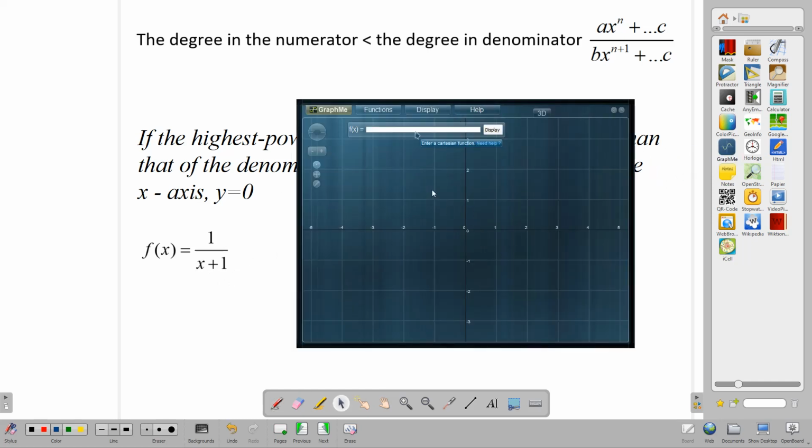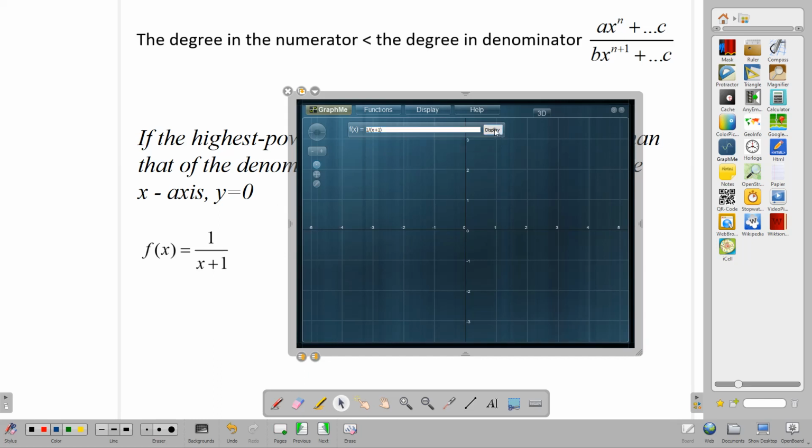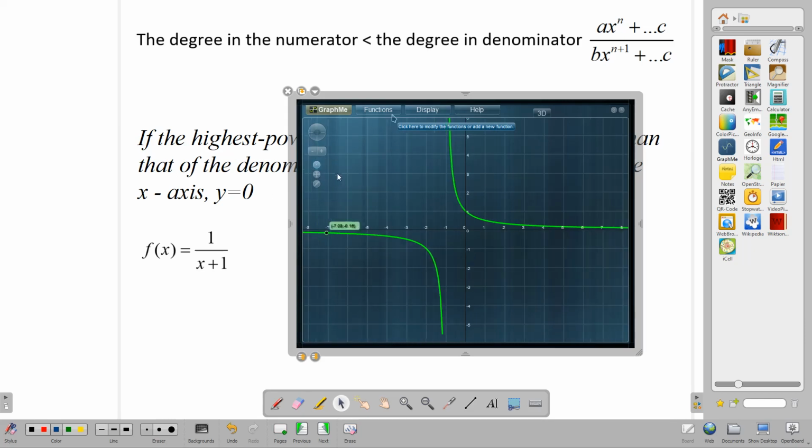So we're going to be graphing 1 over x plus 1, so 1 divided by x plus 1, and we'll see what it looks like to get a better understanding of it. So here we go. Let's just zoom it out a little. So notice here that as the function heads toward